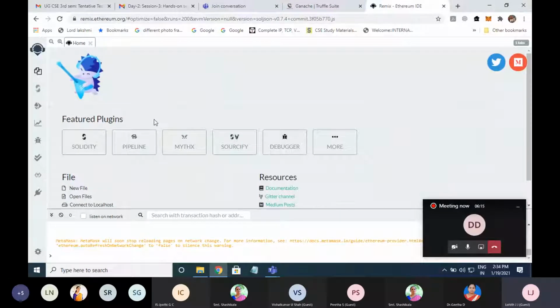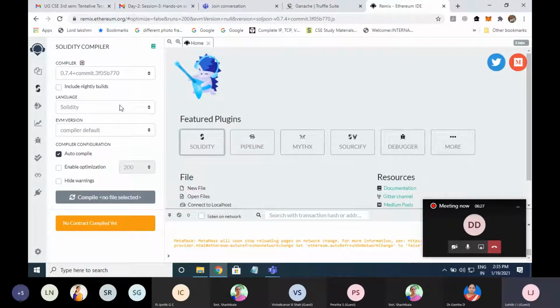If you click on it, you'll get featured plugins: Solidity, Pipeline, Mythx, Sourcify, Debugger, and more. You can select Solidity, and then you can see the Solidity compiler 0.7.4, language Solidity, EVM version compiler default, auto compile selected, and compile with no file selected.